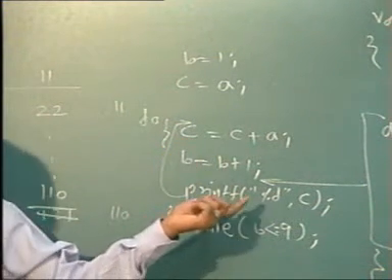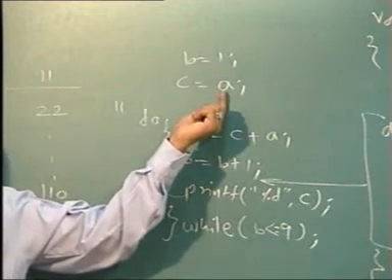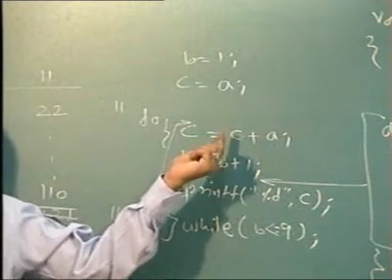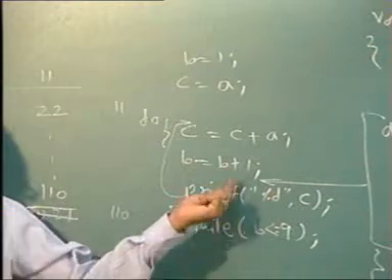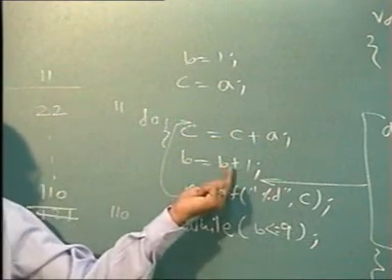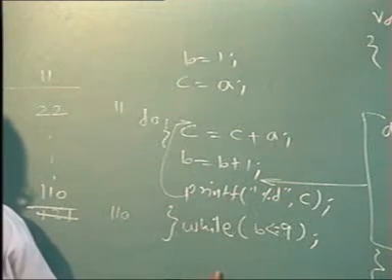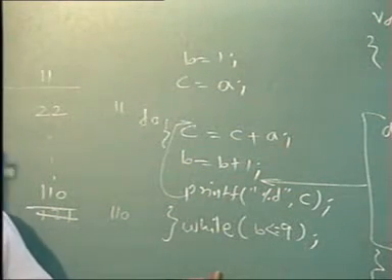I am saying that shift this printf to the beginning of the block. So C is initially 11, it will print 11, C will become 22, B will become 2. You will go back, C is 22, 22 will be printed, it will become 33. So when you come out of the loop, C will be 121. That I know, but you haven't printed 121.